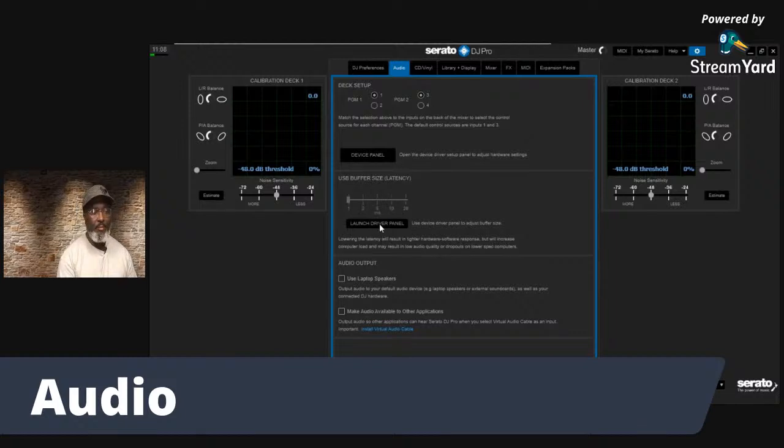And then there's, and I think this is the same, yep, this is the same panel. If I click on the driver's panel, it takes me to the panel for the Rane 62. And you may want to go there and make some other adjustments to sizes for the buffer size. But like I said, the features in that panel are going to differ depending on what device you have. So if you have any latency issues, delay, lag, or whatever, the USB buffer size is what you want to adjust. And it says lowering the latency will result in a tighter